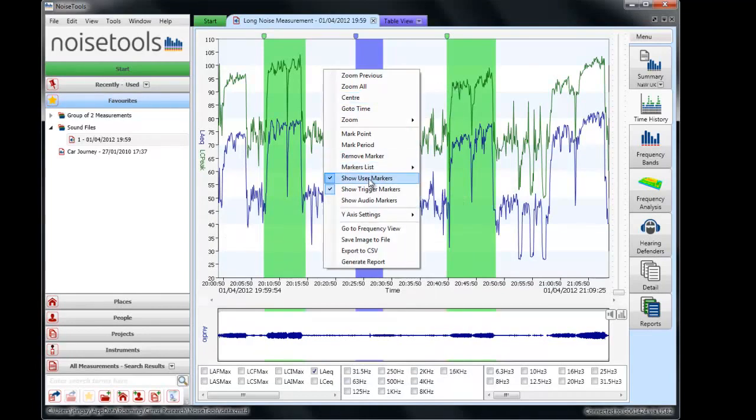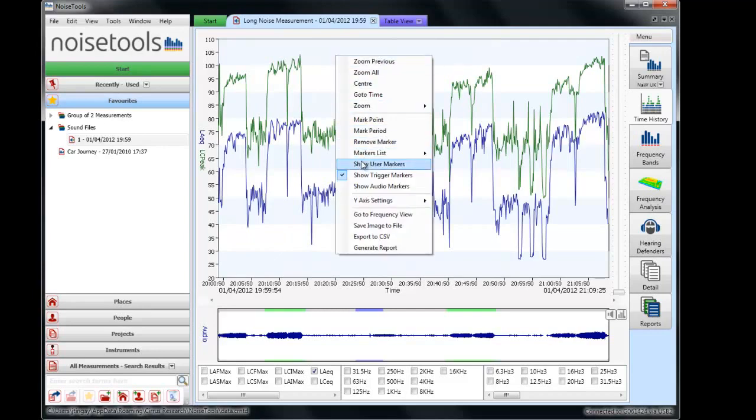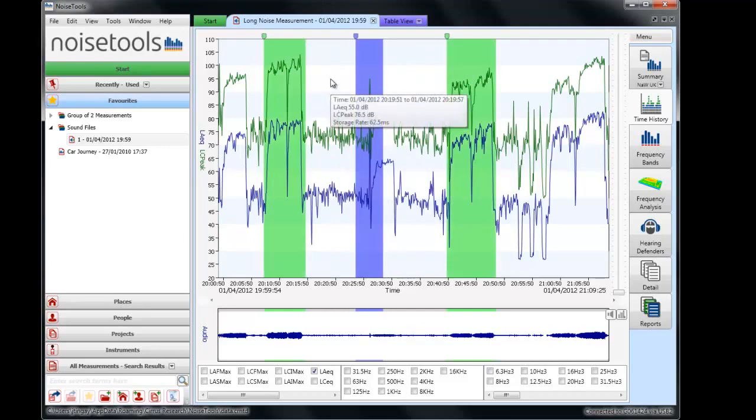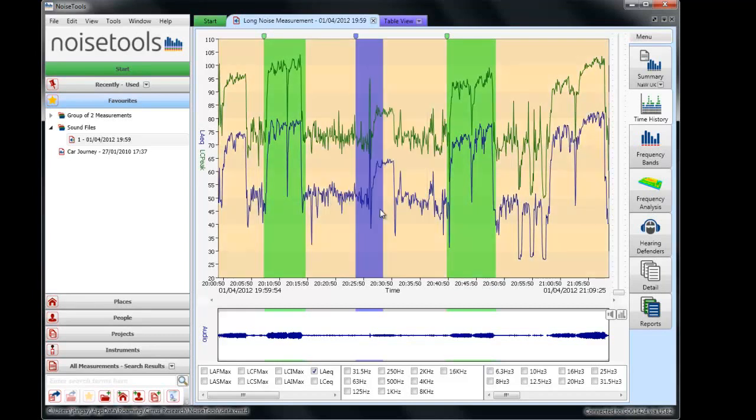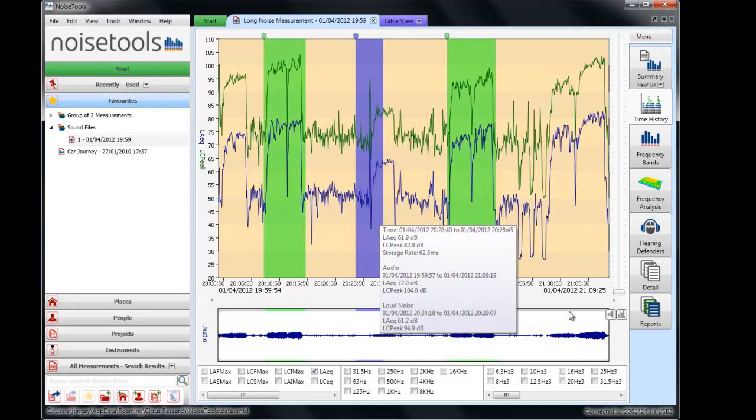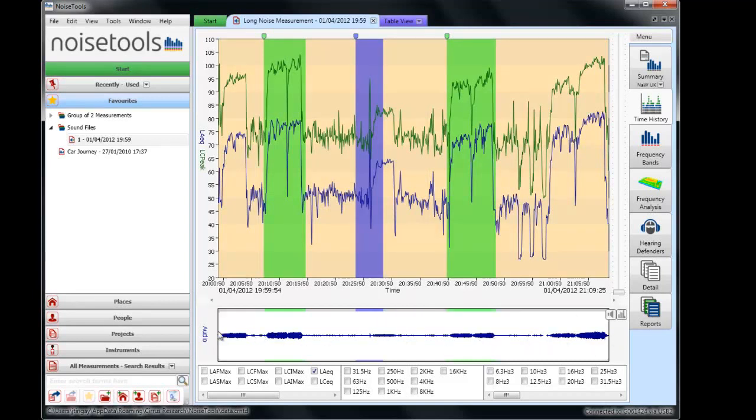We can show user markers, so if we deselect that, the ones we've added are removed. We can also show trigger markers. Now, with an instrument that's got audio recording, an Optimus Green instrument for example, certain events may be triggered using the acoustic fingerprint function, and these will be indicated on the screen. We can also show where audio recordings have been made. Now in this particular example, we know that the audio recording is the entire measurement, so the whole screen uses